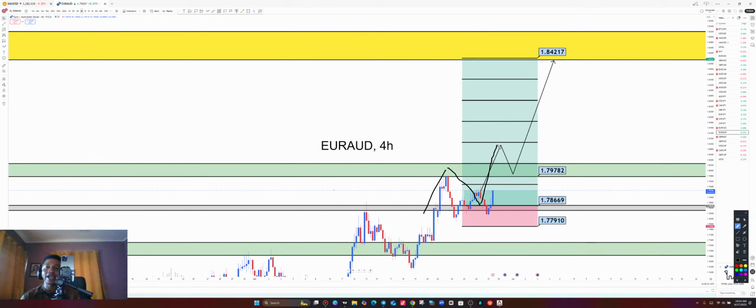There should be what? A new high on top, a new high before we can buy again to the upside. So Euro AUD, we cannot buy now unless price breaks above the daily resistance to give us a new higher high, wait for a higher low, and then we buy on candle confirmation from here to the upside on EUR AUD. So EUR AUD, this will be our next buying opportunity to the upside. Higher high, higher low. After retest, we go all the way to the upside in that month.